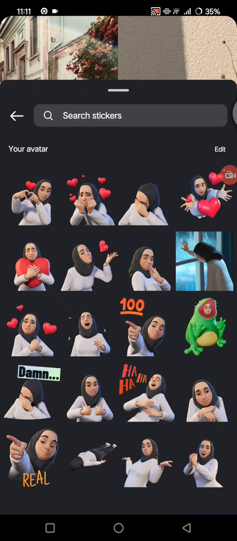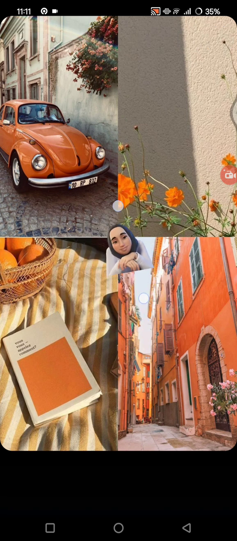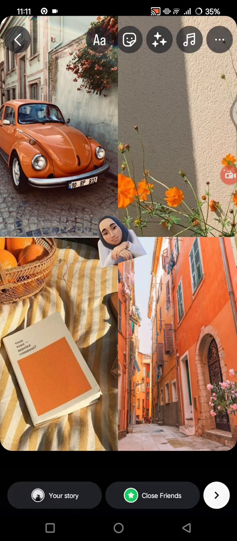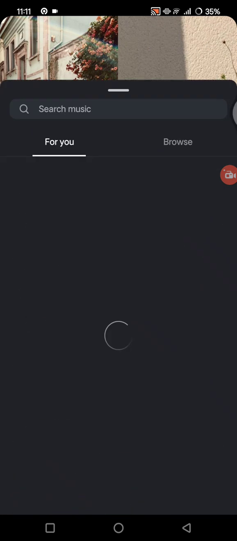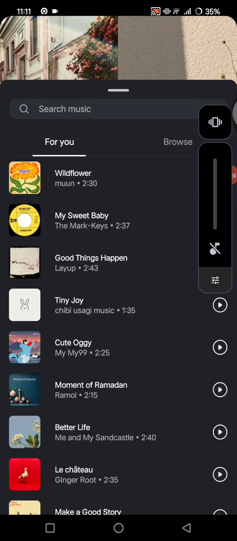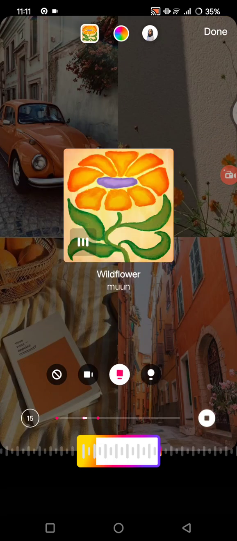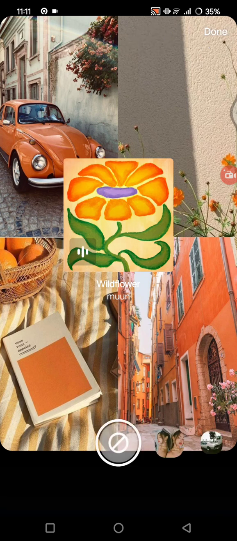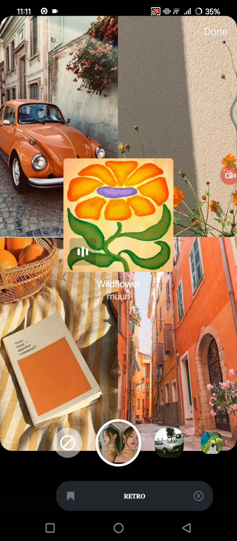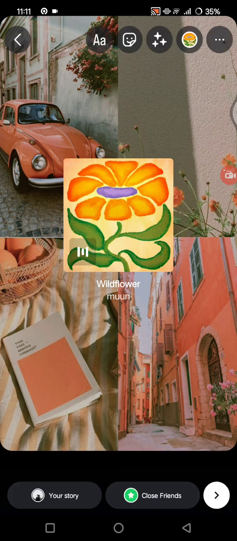For example, you can just add your avatar like this, and you can also add music here if you want to, add the music that you want, or maybe you want to add an album cover like this. So you can just customize it on your own, or you can also add some Instagram filters or effects to the collage. Click on done after that,